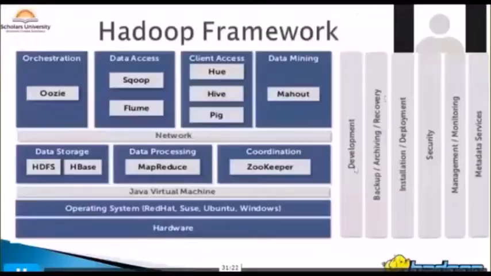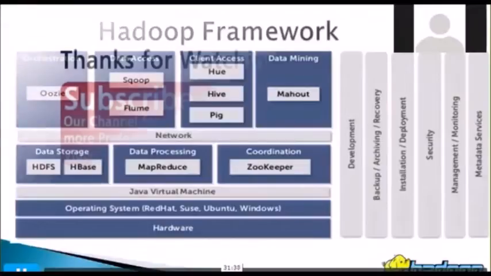Now further, if you see here, the Hadoop framework, I was explaining that Hadoop is such a platform which is required at a data center level, because remember, 100 nodes and above, then only you should